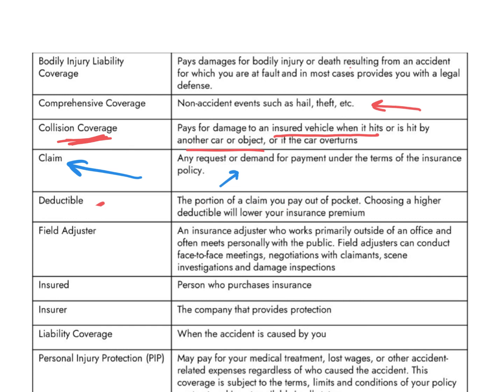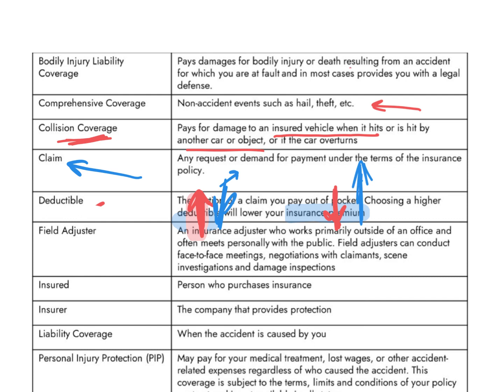Basically, what happens is your deductible and your premium work in opposite directions. So if you have to pay a lot of money for your deductible, you might pay less per month. Maybe you pay $100 per month, but you have a $1,000 deductible. If you pay more per month, if your premium is high every month, then you're already paying the insurance company, which means you'll have a lower deductible.